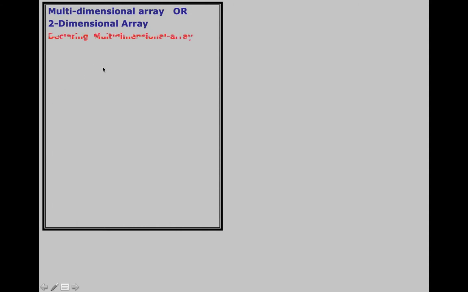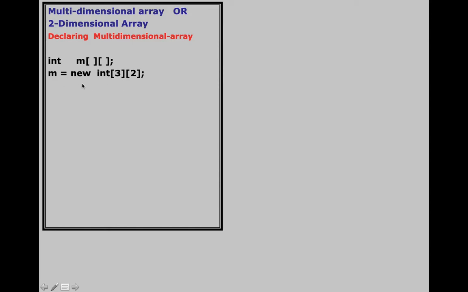Now how to declare a two dimension array, multi-dimension array? So very simple. All you need to do is just put one more pair of square brackets. So now I'll write this and this. See, it is similar to what you have studied earlier. Tell me one thing, how much memory will be allocated after this statement? The answer is none. This statement simply tells the compiler that there is going to be a two-dimension array of integers called m. But this statement does not allocate memory. Memory allocation is done now.